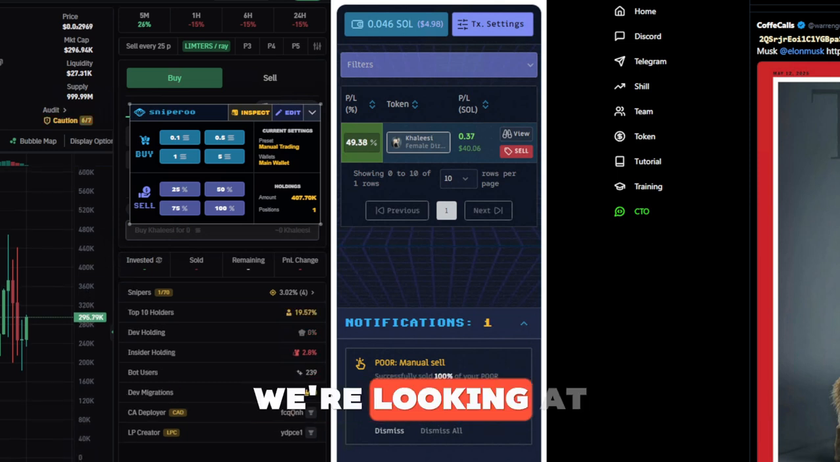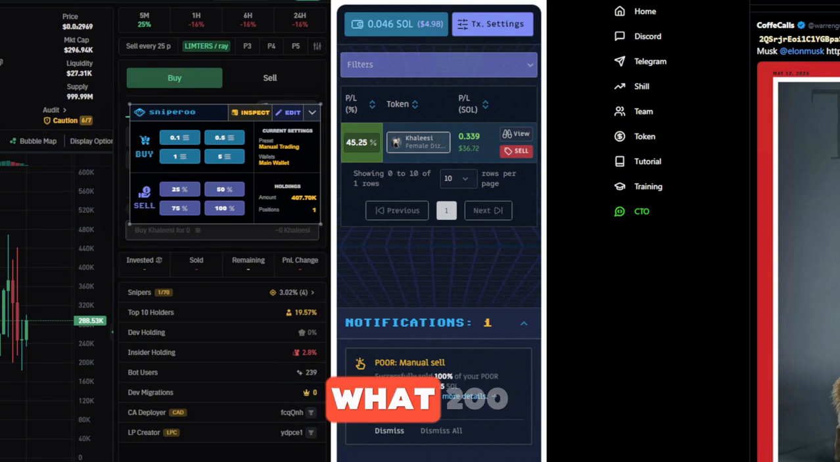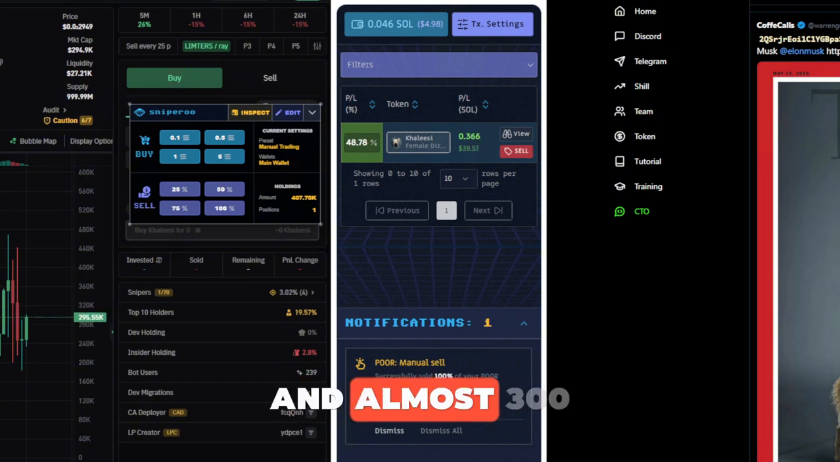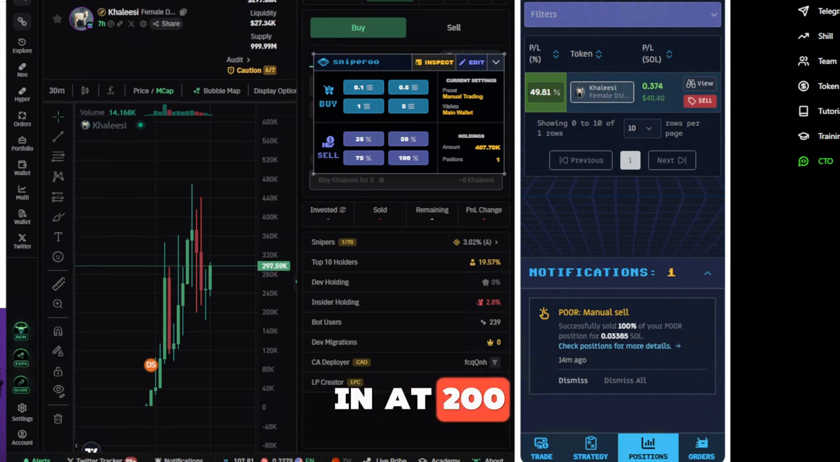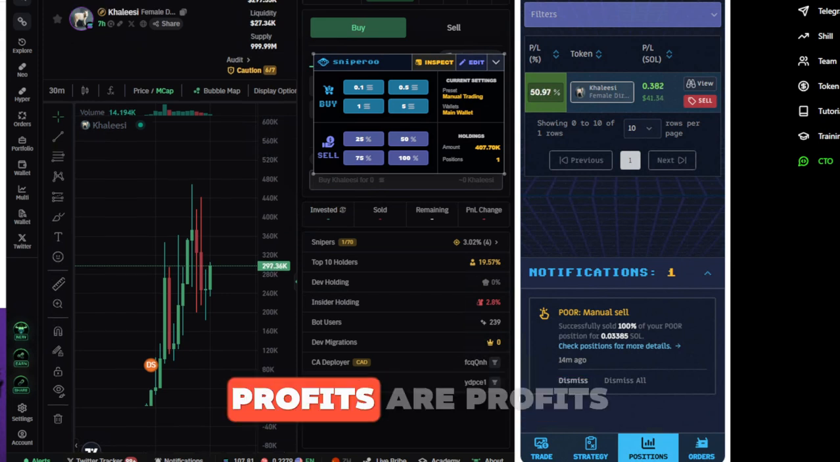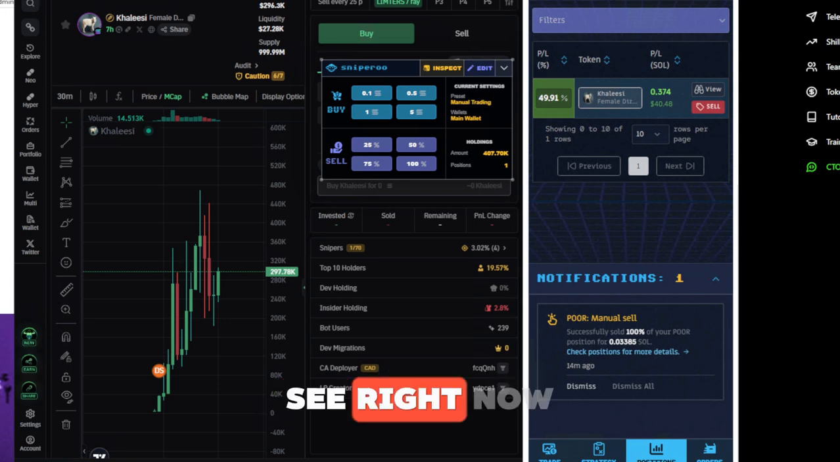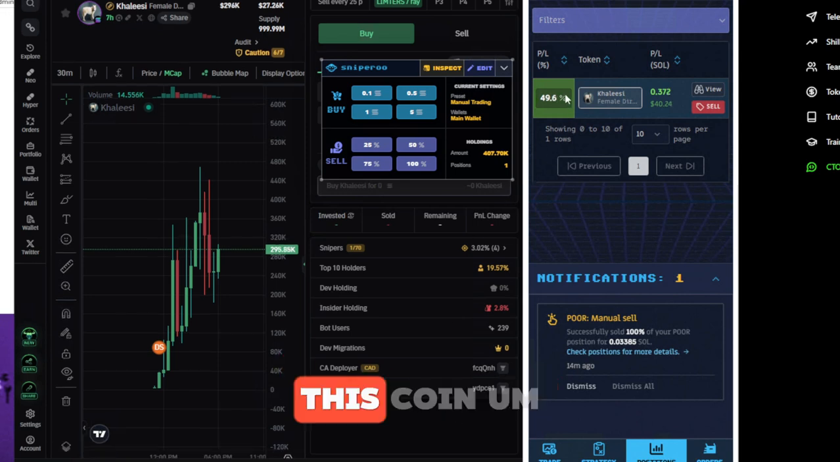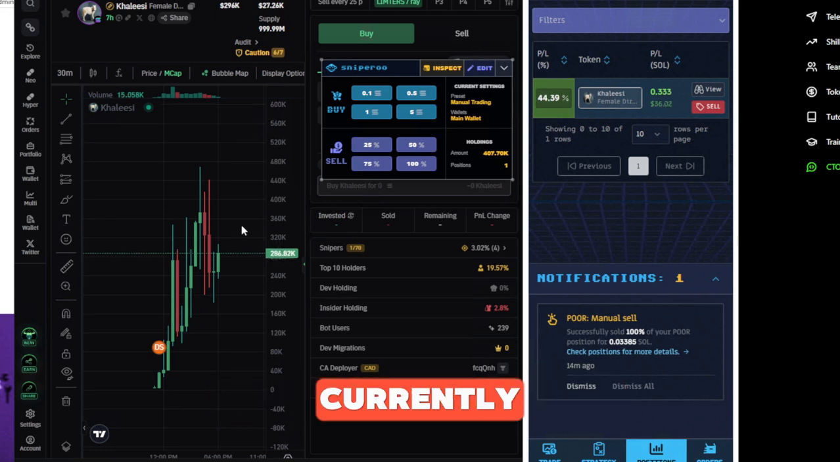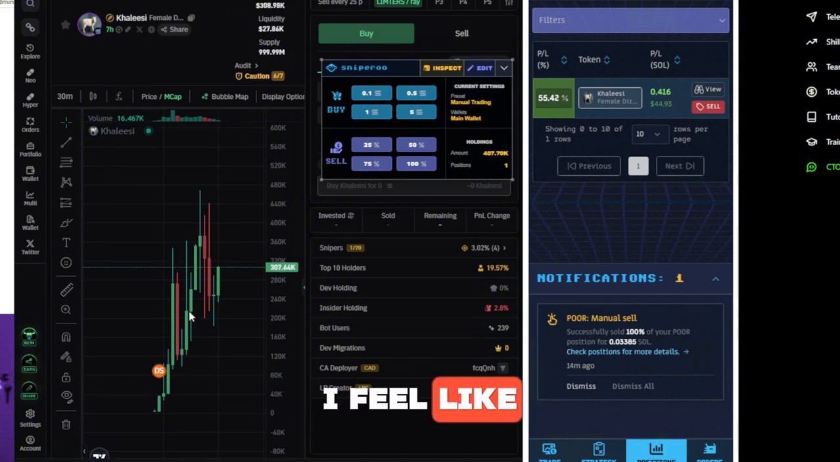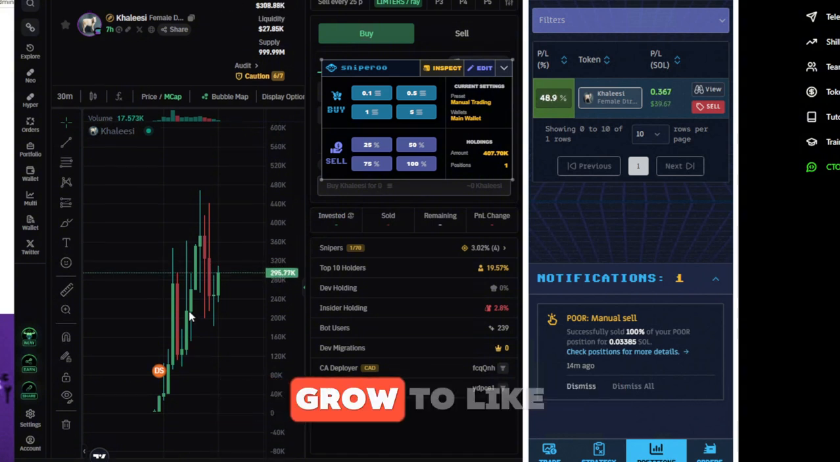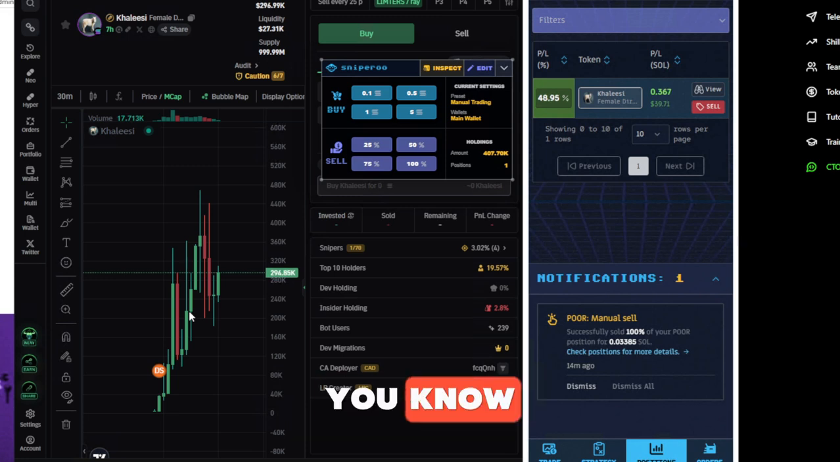So right now we're looking at almost a $300,000 market cap on this coin that I came in at 200 up. So obviously profits are profits. As you can see right now, 49% up on this coin, and this is just getting started. Currently we're at a 30-minute candlestick. I feel like this definitely has the potential to grow to millions in market cap